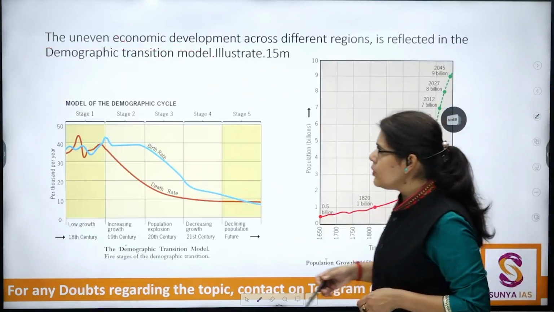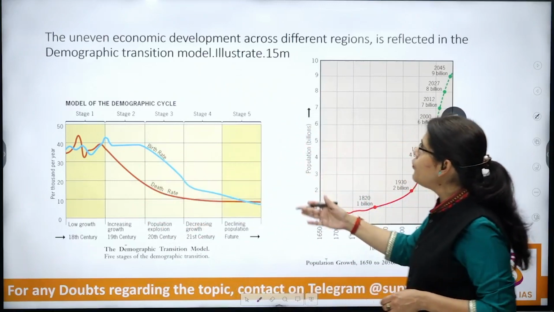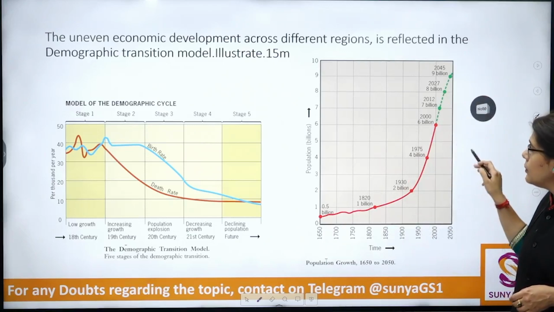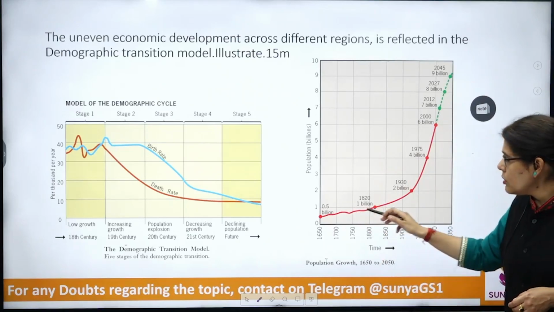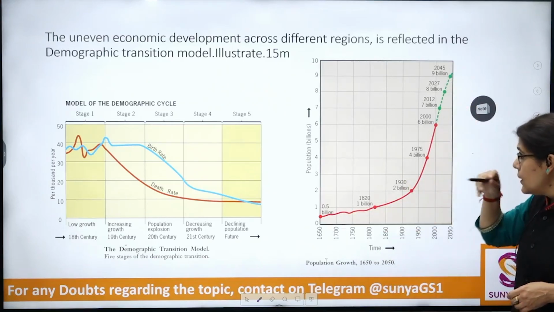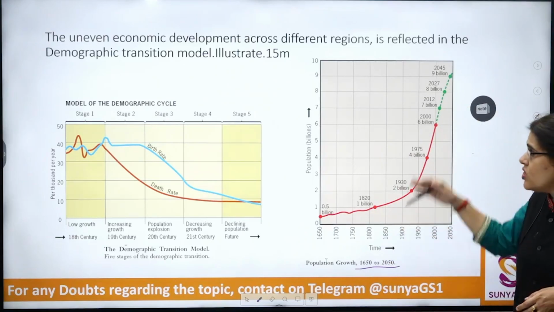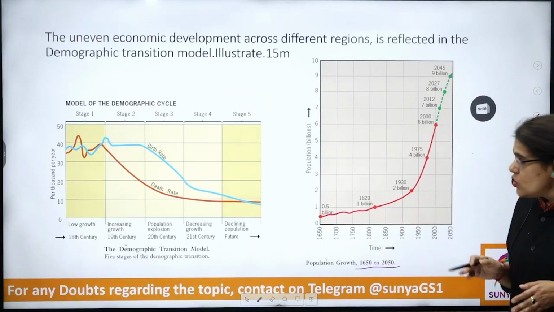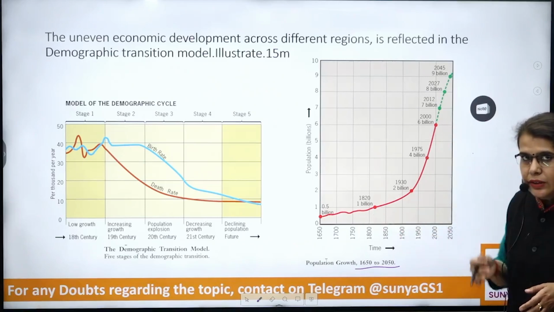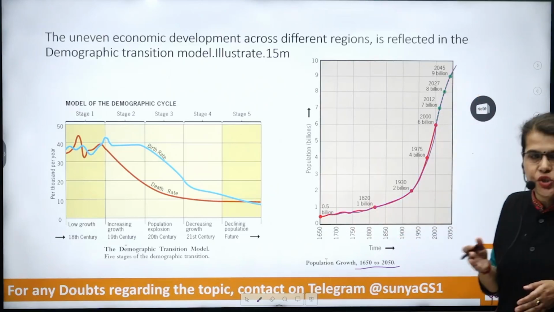Now let's see the particular stages, and here you will illustrate it with the help of different examples. So one is the demographic transition that is happening. Okay, so when we see this particular graph, this is the population growth that has happened between 1615 and 2050, projected to 2050. So what you can see at a pan world level, global level, is that the population growth rates have also declined.